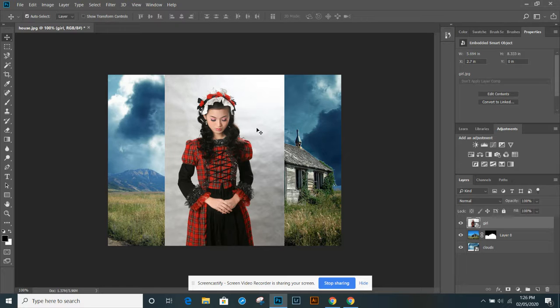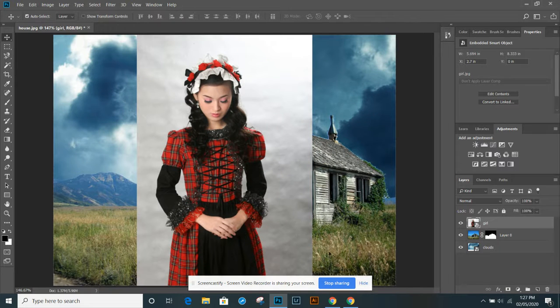And now what I need to do is I need to select her. So I'm going to hit Control-0. I can zoom in a little bit more if I want as well. And what I'm going to do is I'm going to use another selection tool. This time I'm going to use the magnetic lasso tool. And I'm going to go very carefully